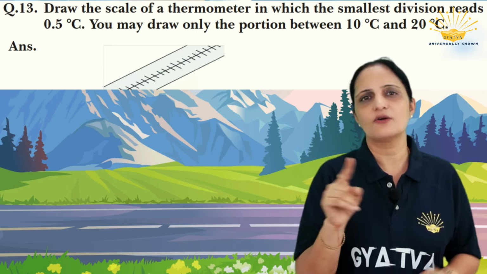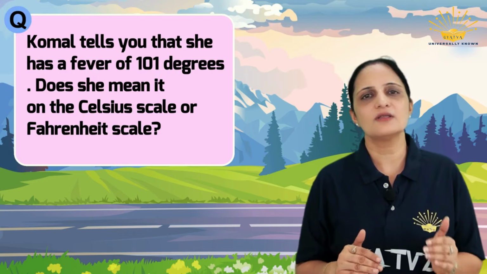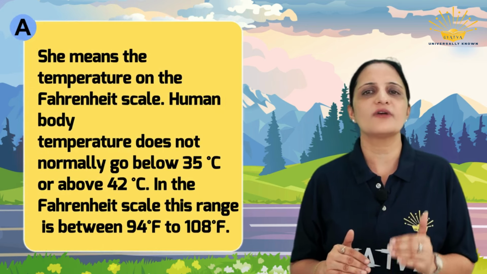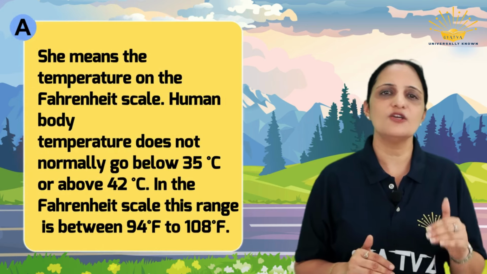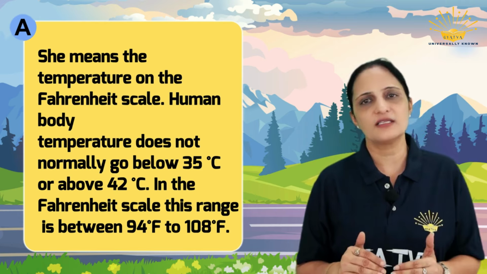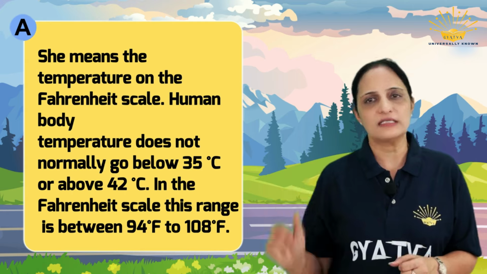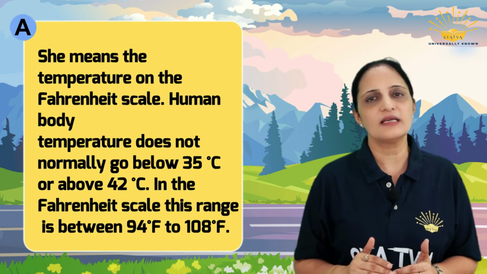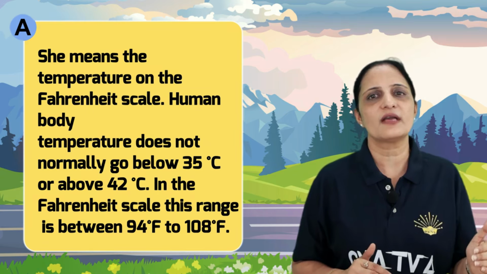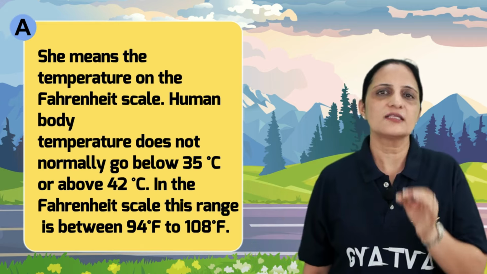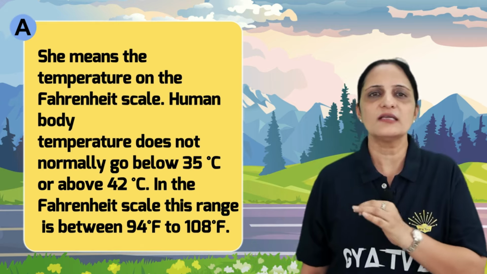Question number 14. Komal tells you that she has a fever of 101 degree. Does she mean it on the Celsius scale or on the Fahrenheit scale? She means the temperature on the Fahrenheit scale because human body temperature does not normally go below 35 degree C or above 42 degree Celsius। जो हमारा क्लिनिकल थर्मोमीटर होता है उसमें वो नहीं जाता। Fahrenheit scale की रेंज होती है from 94 degree Fahrenheit to 108 degree Fahrenheit। So it means that she is talking about the Fahrenheit scale।